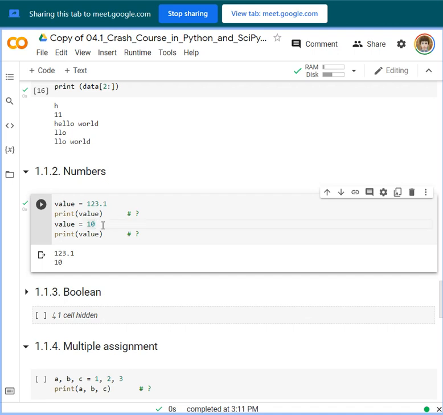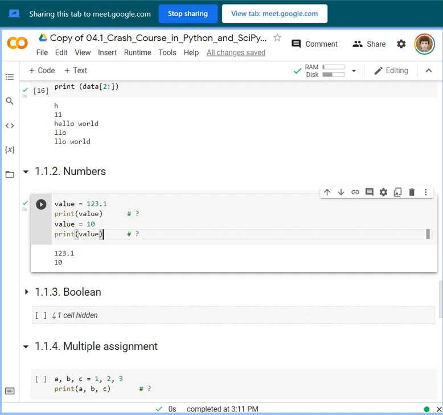But in the third line, we placed a new assignment, or we assigned a new value to the variable value. That is why the output is 10. So what it always prints is the updated value. This line updates the value of the variable value.